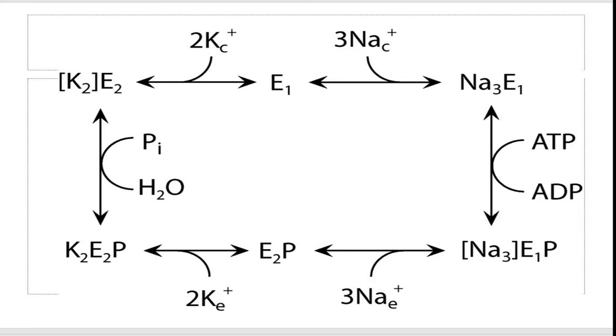So to maintain the charge balance, to maintain this balance of sodium ions and potassium ions inside and outside the cell, the sodium ions entering the cell must be pumped outside the cell, and the potassium ions that are being used up in these processes must be brought inside the cell. So the sodium potassium ion pump is required for this active transport of sodium ions and potassium ions across the cell membrane.